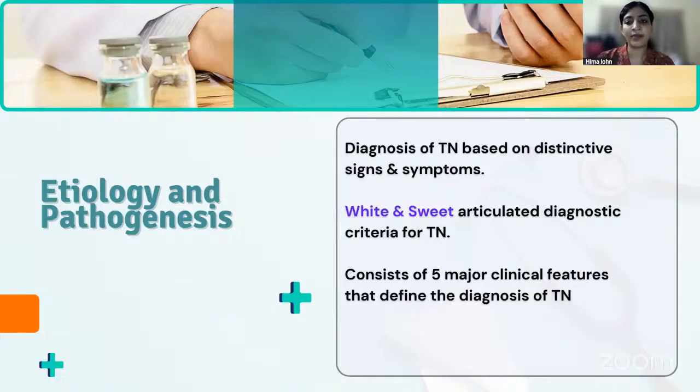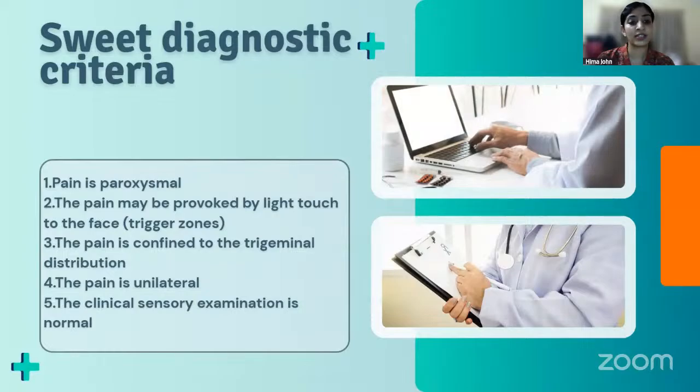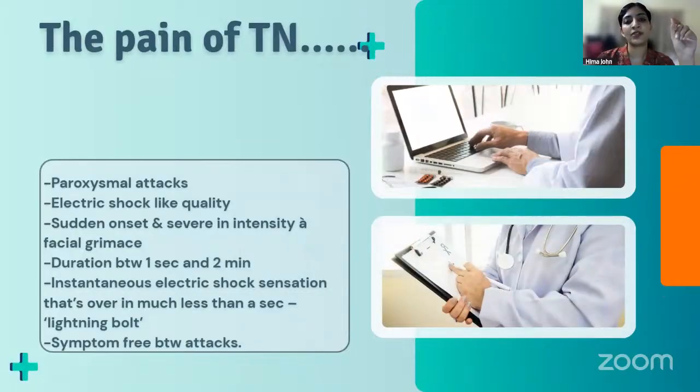Basically, it consists of 5 major clinical features that define the diagnosis of trigeminal neuralgia. What are those features? 1, pain is paroxysmal. That is, it is sudden. Okay. Then the pain may be provoked by light touch to the face. That is, there will be presence of something known as trigger zones. I will be explaining it later. Okay. Then the pain is confined to the trigeminal nerve division. Pain is usually almost always unilateral, and clinical sensory examination is normal. That is, no sensory deficit will be present in that particular patient. Okay. So those were the 5 points of your diagnostic criteria, which has to be written when you write your